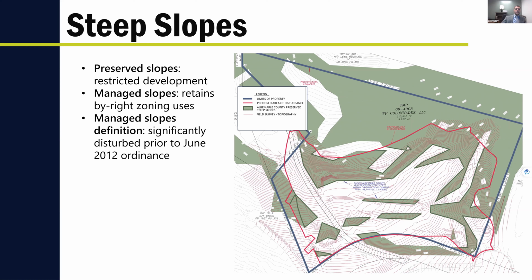And that's the argument the applicant is making here, because this project area was graded in the late 90s. They contend that these slopes within this development area have already been affected, and they're not naturally occurring slopes. And Bill, I'll let you jump in if you wanted to add anything else about the steep slopes overlay. I think I'll let you keep going, and then if there are questions, I'll jump in.